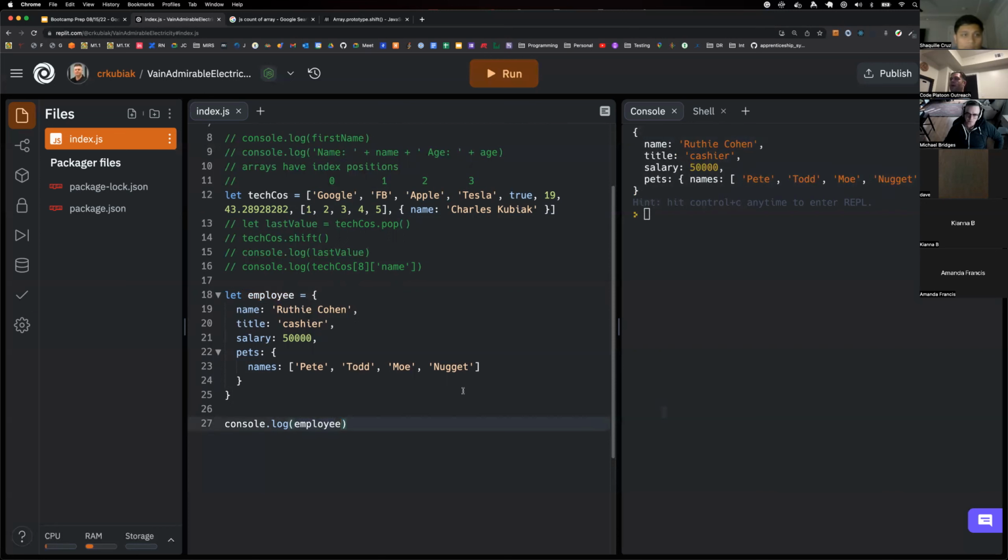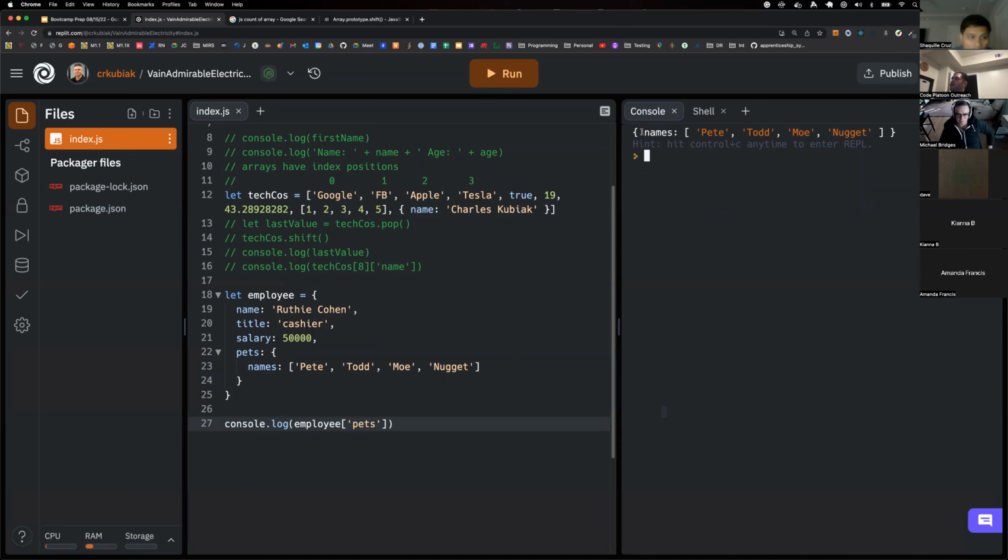And so now along the same lines, I can do pets, right? And now I get the entire object. So I have an object inside my object, which gives me a key of names and a value of different pet names, right? And so I can keep going and say names,